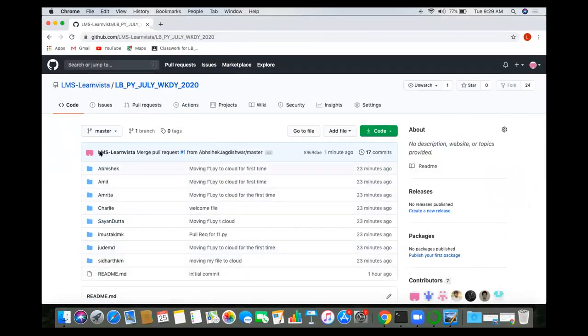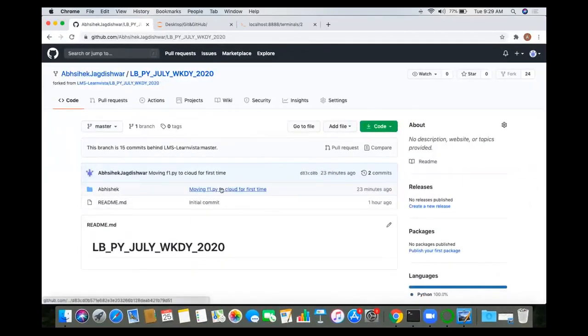You need to make these changes available in your personal account. So how will you do that? That we will check in the next class. As of now, till here we have done that, and finally we will be doing git pull later.